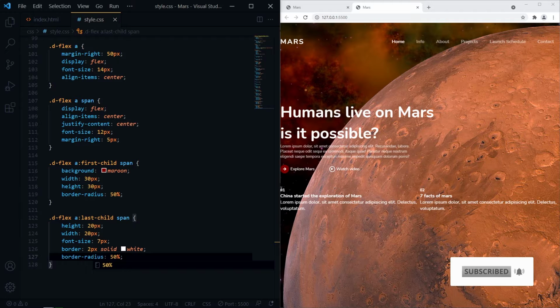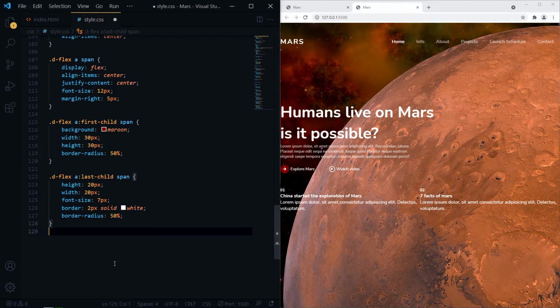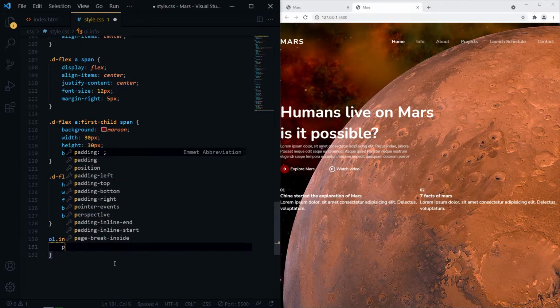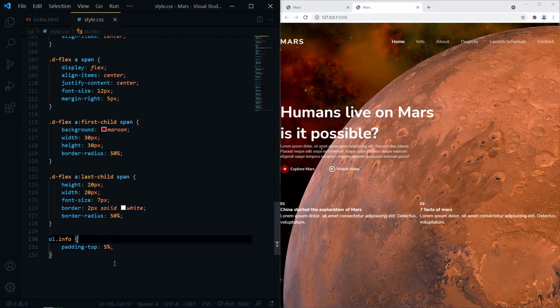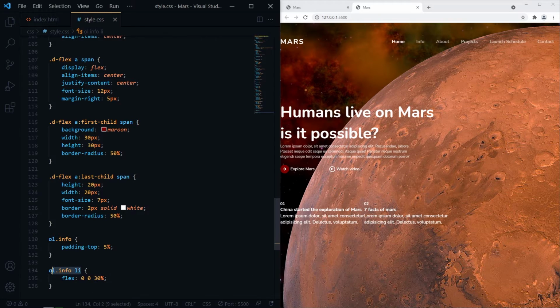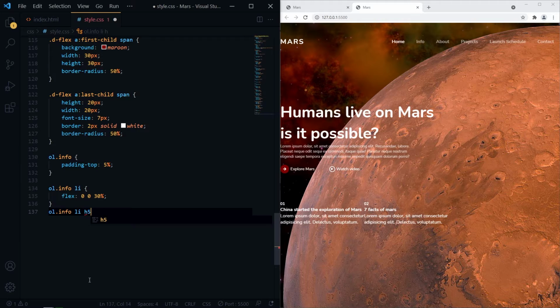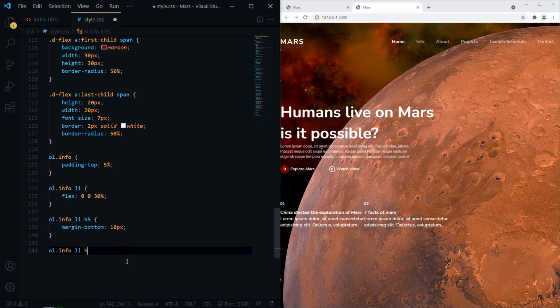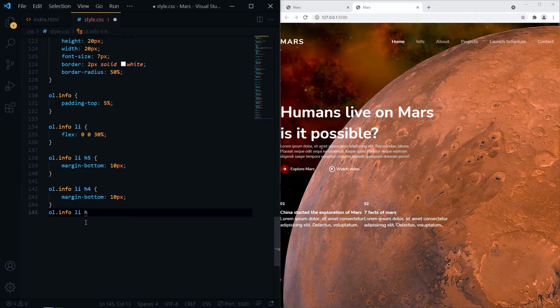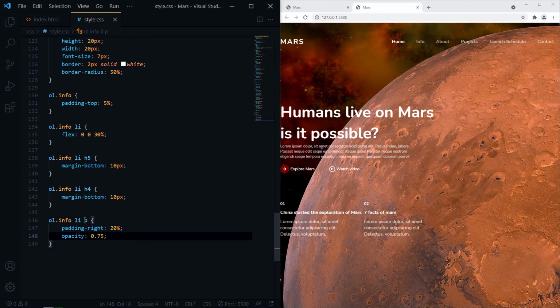Now for our final contents in the bottom section. Now we can start animating the background image and Mars.